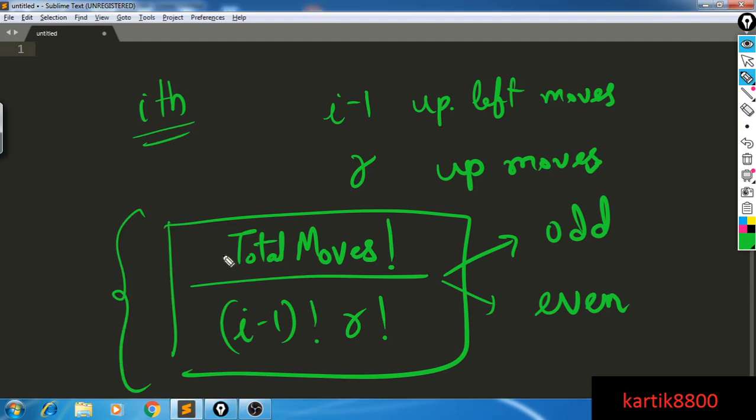I actually don't need to evaluate it. All I need to know is whether this is odd or even. So I will pre-process the number of 2's that appear in the total moves factorial. What is the power of 2 that appears in this, and what is the power of 2 that appears here? I would cancel that out, and in this overall thing, if there exists even a single factor of 2, then this is an even number, otherwise it is an odd number. So if all the factors of 2 are cancelled out using these two factorials, then it is odd, and if even one factor does not cancel out, then this quantity is even.